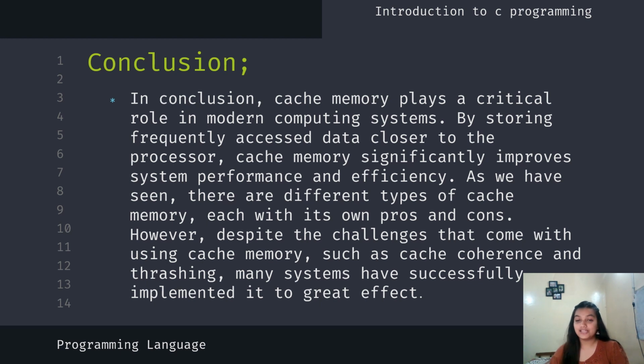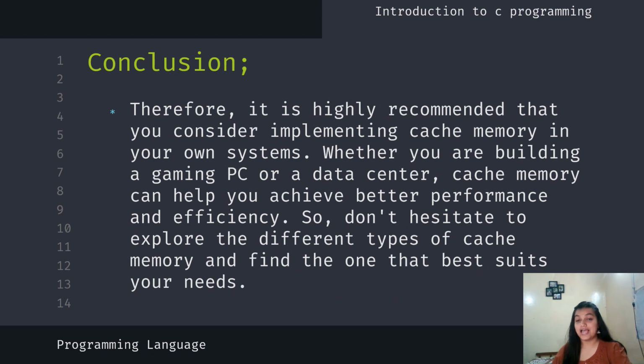In conclusion, cache memory plays a crucial role in modern computing systems by storing frequently accessed data closer to the processor. Cache memory significantly improves system performance and efficiency. As we have seen, there are different types of cache memory, each with its own pros and cons. However, despite the challenges that come with using cache memory, such as cache coherence and thrashing, many systems have successfully implemented it to great effect. Therefore, it is highly recommended that you consider implementing cache memory in your own systems. Whether you are building a gaming PC or a data center, cache memory can help you achieve better performance and efficiency. So don't hesitate to explore the different types of cache memory and find the one that best suits your